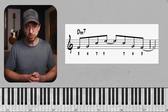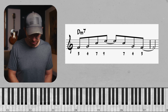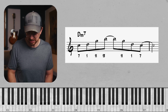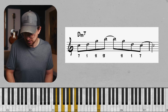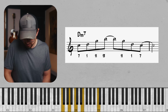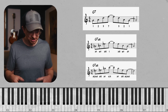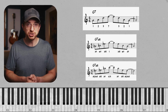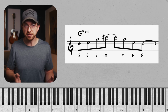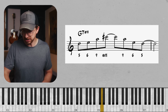Let's go on to that minor chord one more time. The D minor, we played this variation starting on F, which is the 3rd. You could also start on the 7, which is C. That one works too, kind of cool. And then on the 5 chord, you have a lot of different variations. If you want a less altered sound, you can start on the 5 of the 5 chord. So if our chord is G or G7, we can start on a D, which is the 5 of that chord. And then we're gonna play this arpeggio,